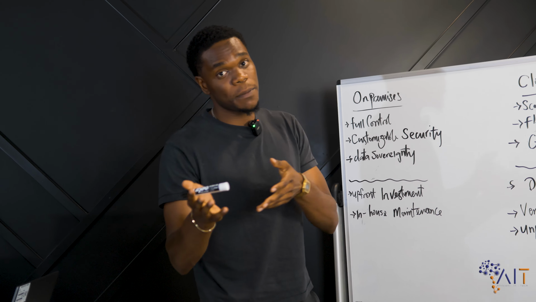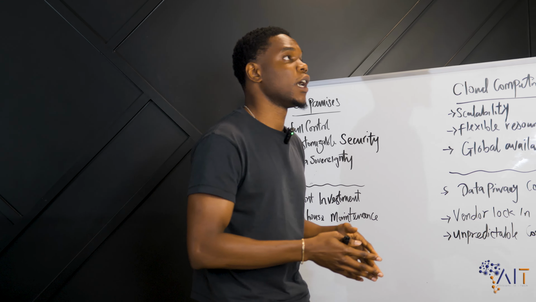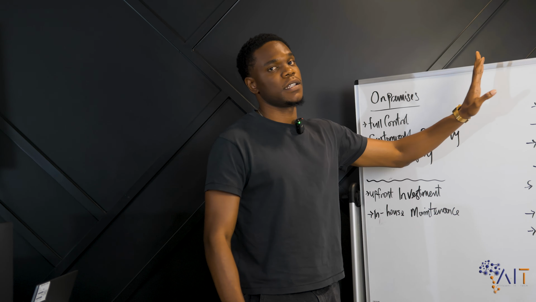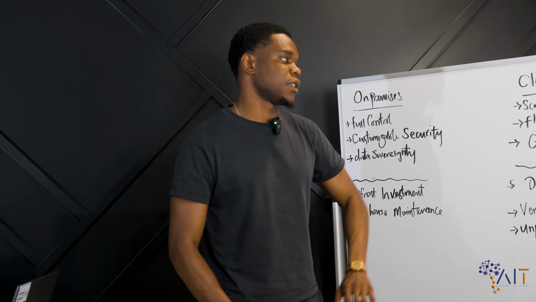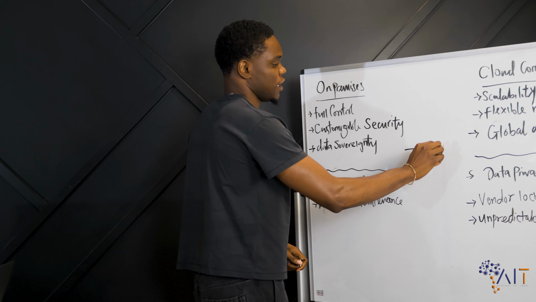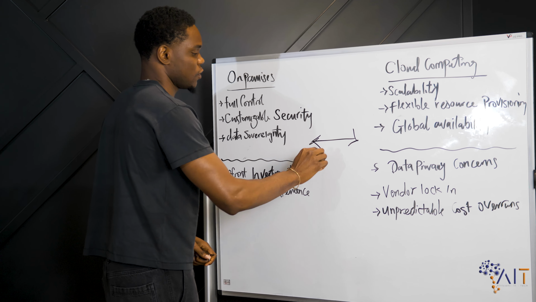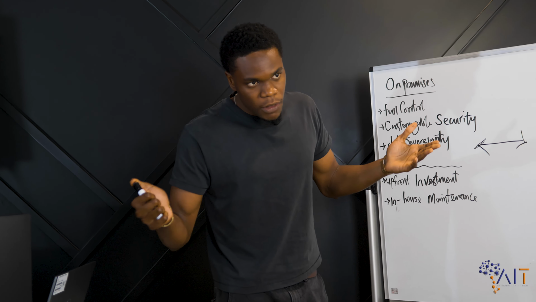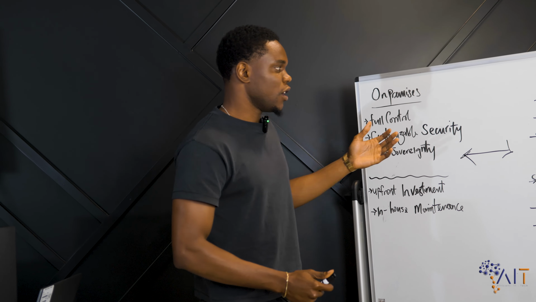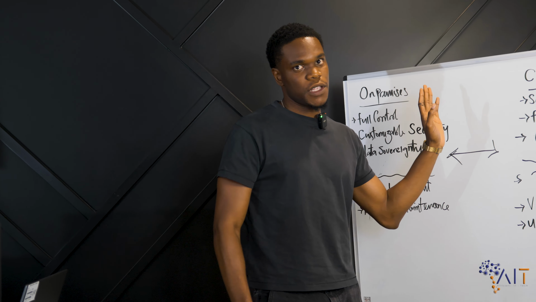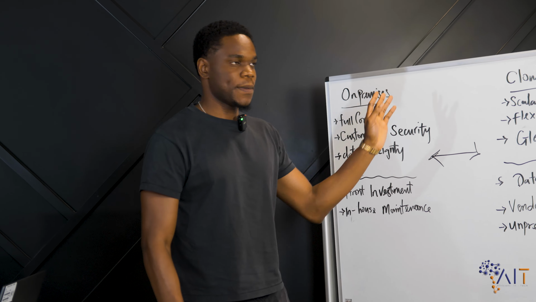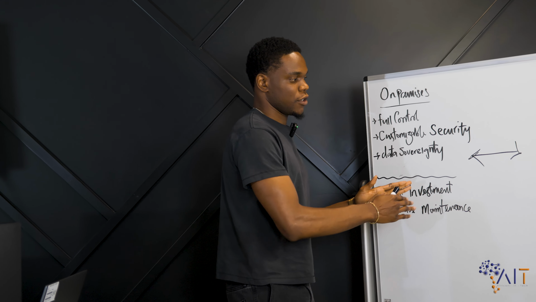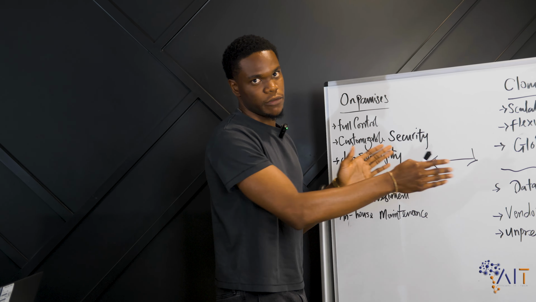Some companies opt for a hybrid approach, whereby they have some on-premises and a cloud computing vendor, and they make sure there's a two-way connection between the two. Maybe they want all their RDS instances in-house, but their web servers on the cloud. You can definitely do that and create a connection where they can communicate with each other.